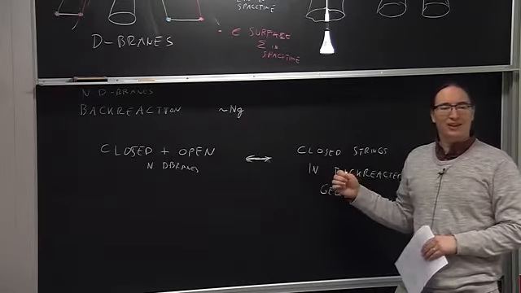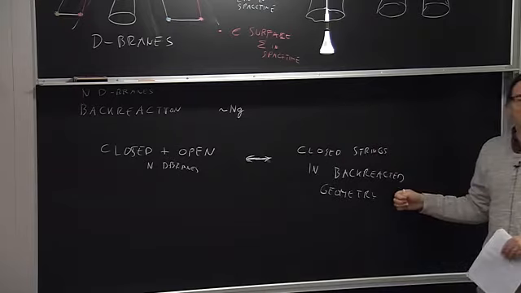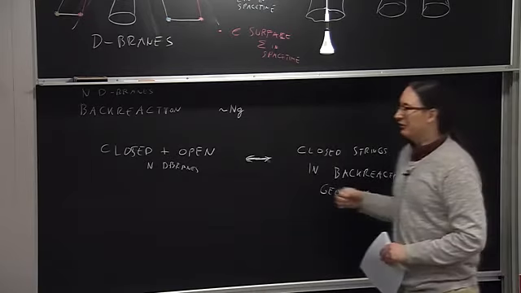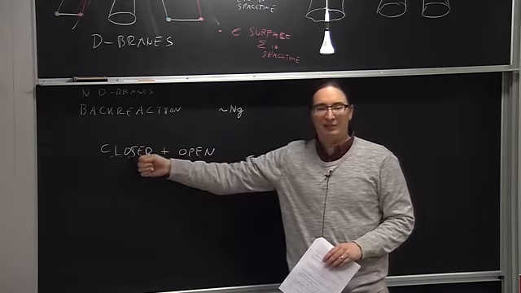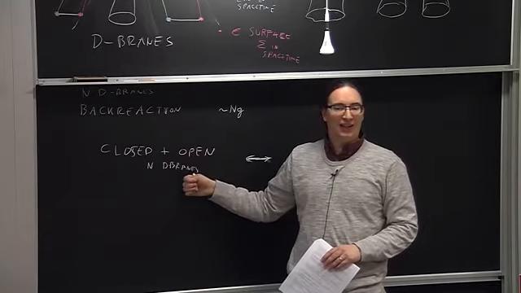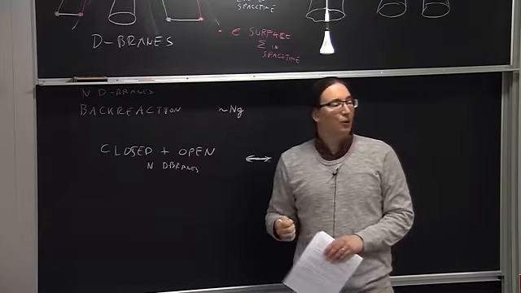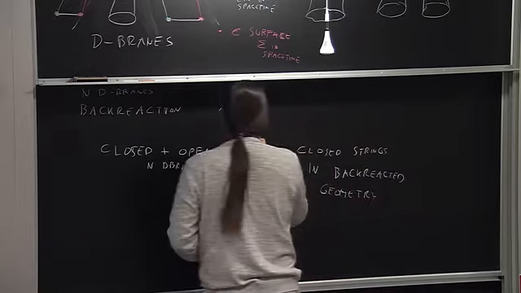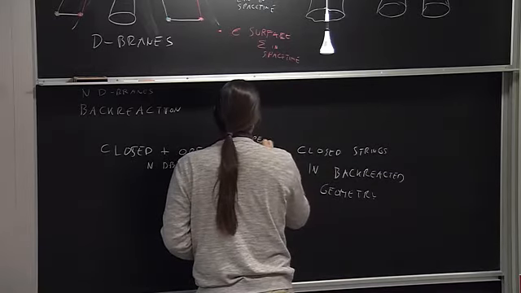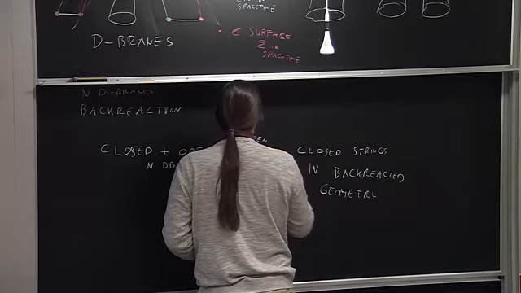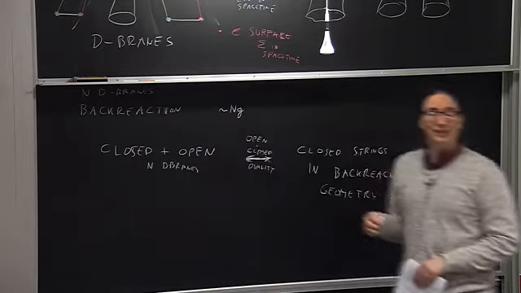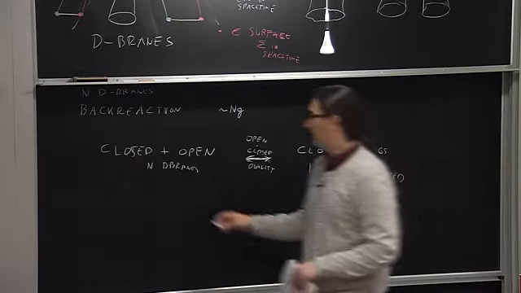There should be some way to say that a theory of closed strings in a given background must be the same as a theory of closed strings plus the open strings that live on N D-branes. This is called open-closed duality. So what Maldacena did was to realize that you can take a decoupling limit